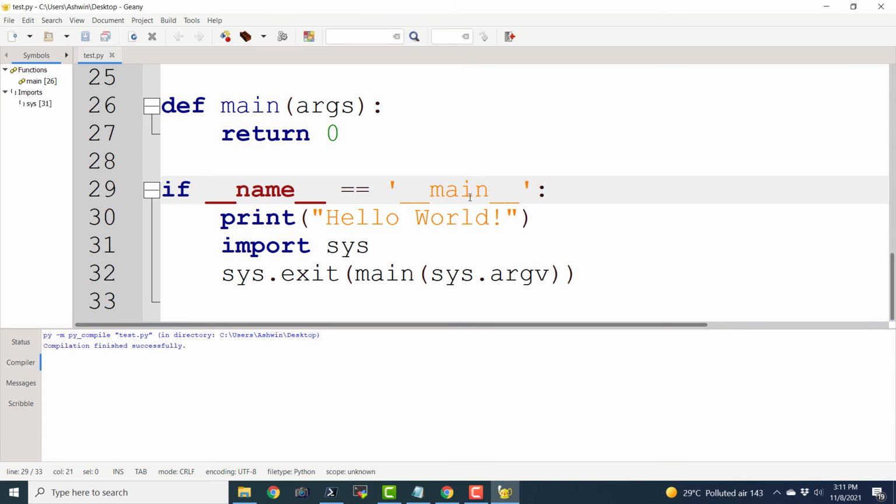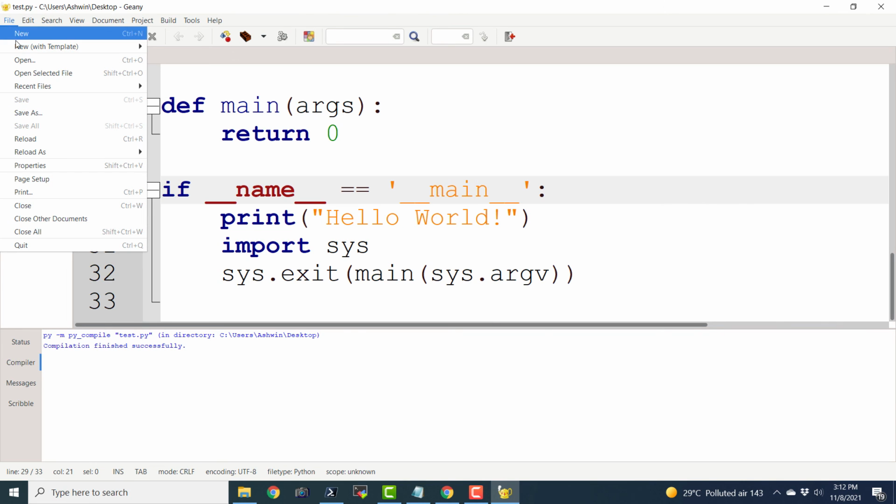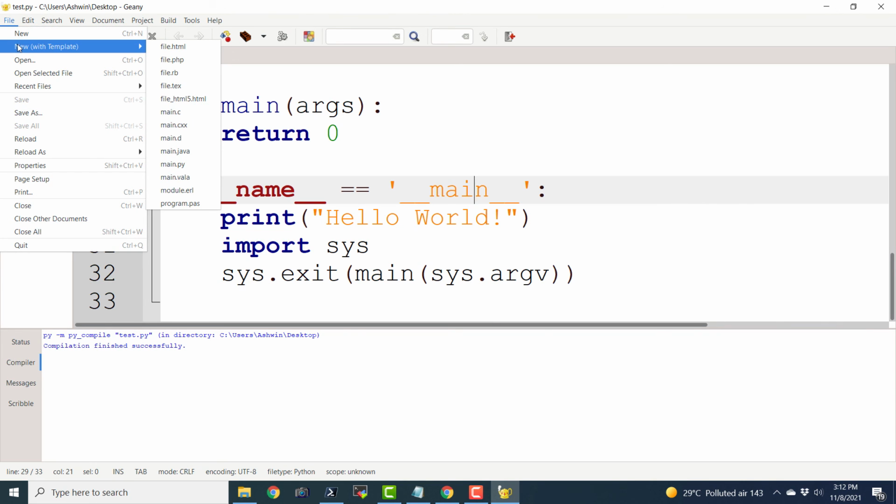And this is how you can install the Genie IDE, and then you can create a new file and execute it with Python 3. It is always better if you go ahead and click on new with template, and then choose this main.py, and then it is going to create a template of a Python file for you.